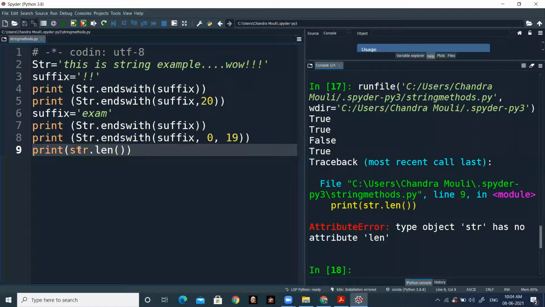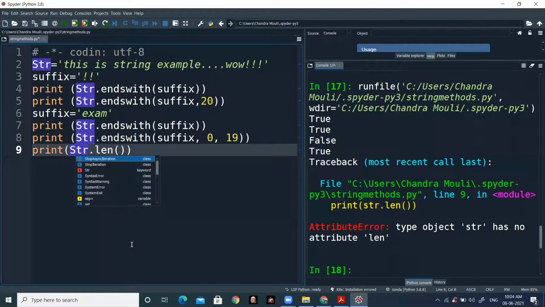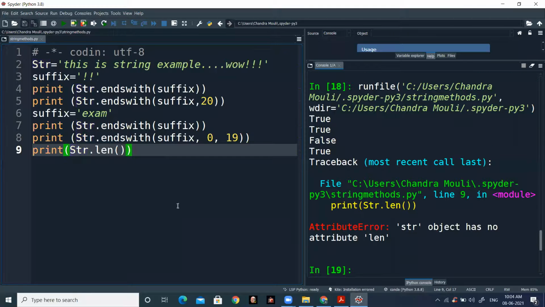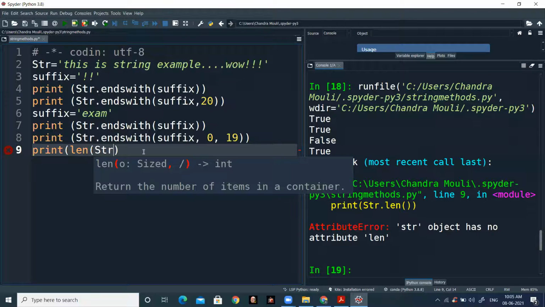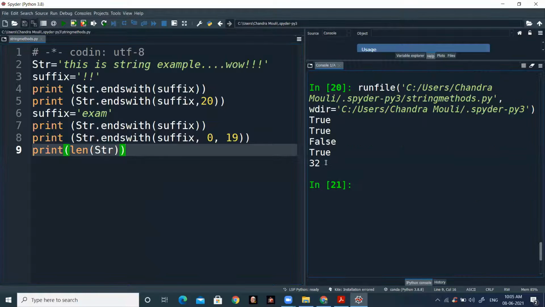Okay, the S is capital, right? Length of str. So here you can see the length of the string is 32.